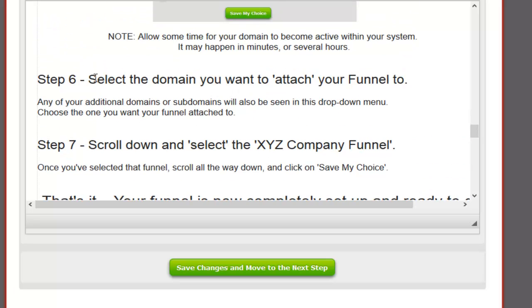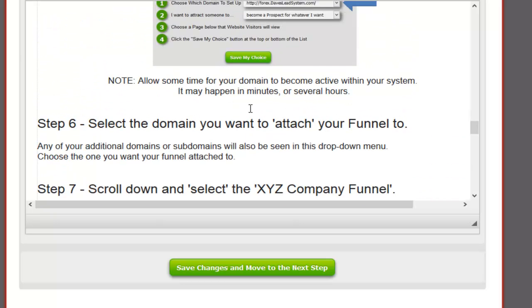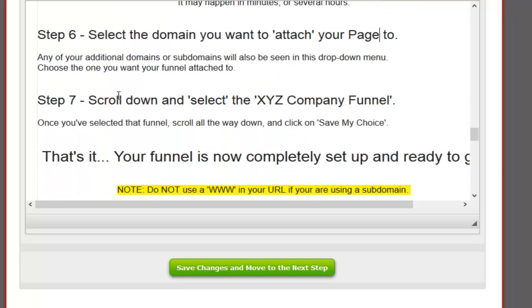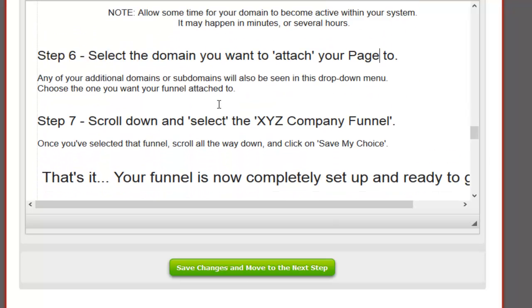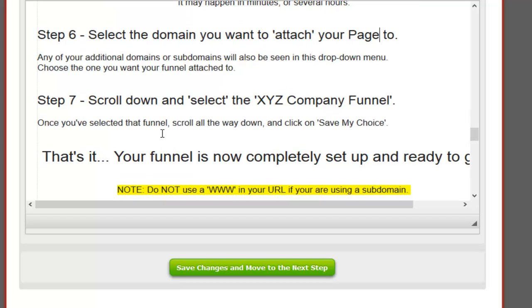Okay, now notice step 6. Select the domain you want to attach your funnel to. This is actually not a funnel, so I'm just going to change the word funnel to page. Step 7. Now step 7 is you helping them find the name of your page as they